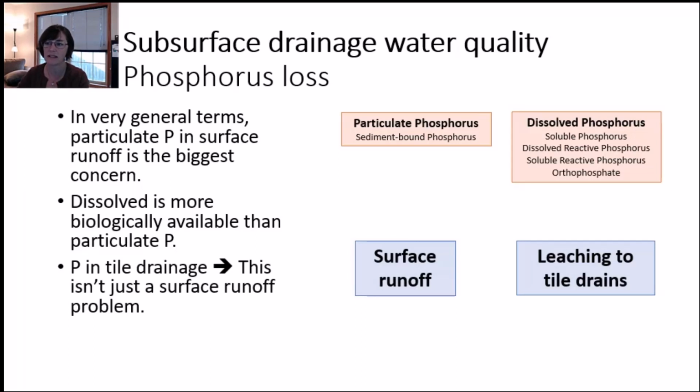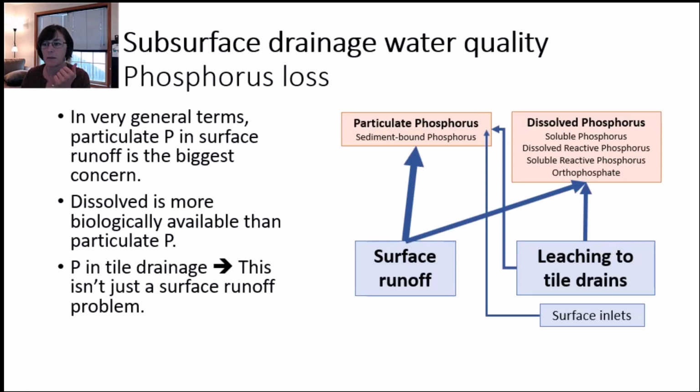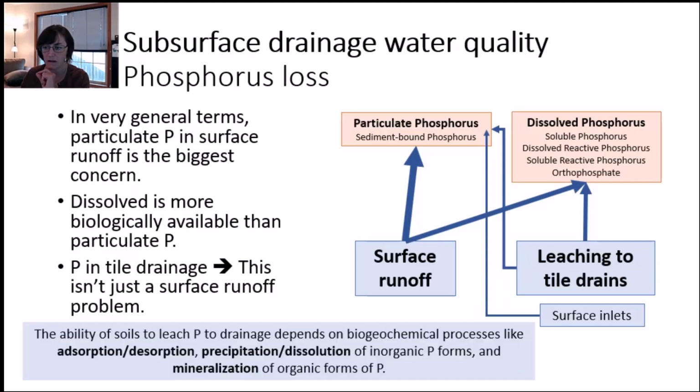Forms of phosphorus present in surface runoff or subsurface drainage will depend on the soil type, historical applications of phosphorus and the soil test phosphorus level, land use, and associated land management practices. The soil itself has a high capacity to hold or absorb phosphorus, but overloading the soil with phosphorus, either with manure applications or fertilizer applications, is one of the most important ways that phosphorus can be lost to water.